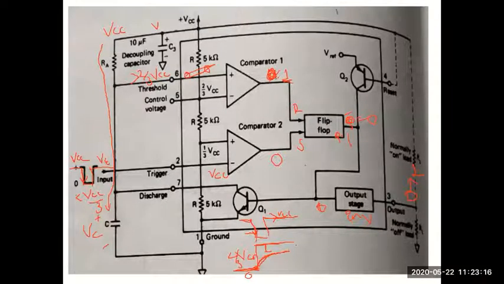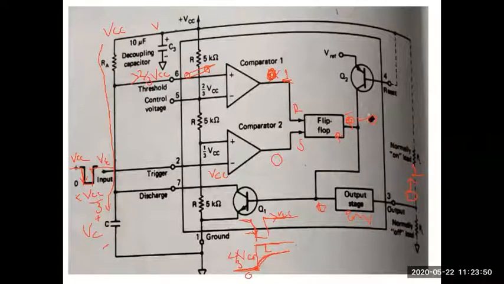Now this R pin, the output of the upper comparator, the reset pin, is in high state. The set pin is in low state because we still have a VCC here. You see the input trigger pulse is at high level. So there is a VCC at the inverting terminal, a 1 by 3 VCC at the non-inverting. So output of this comparator remains 0, whereas R becomes 1. S is 0 and R is 1. What will happen to the output?